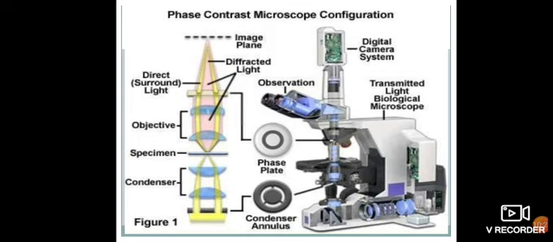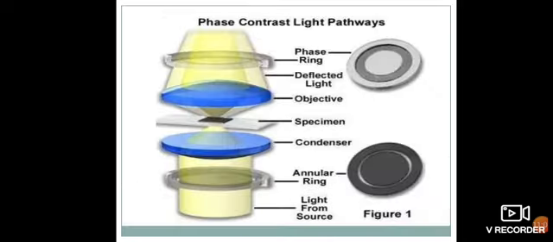So in the center of that image, if we observe the phase plate, and last it is called the condenser annulus. So these are two different parts. On the left hand side we focus on the condenser, specimen, objective, and direct light. By this diagram we can easily see where we add those two points. First is called the condenser annulus, and second is called the phase plate. Both are very important in phase contrast microscopy.